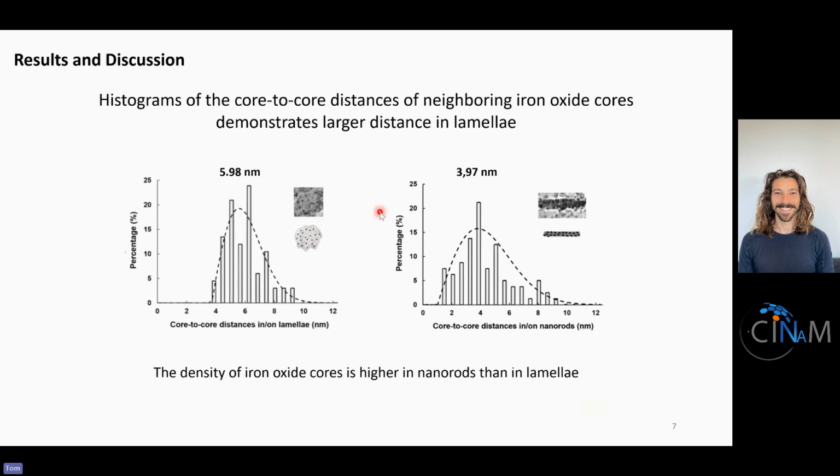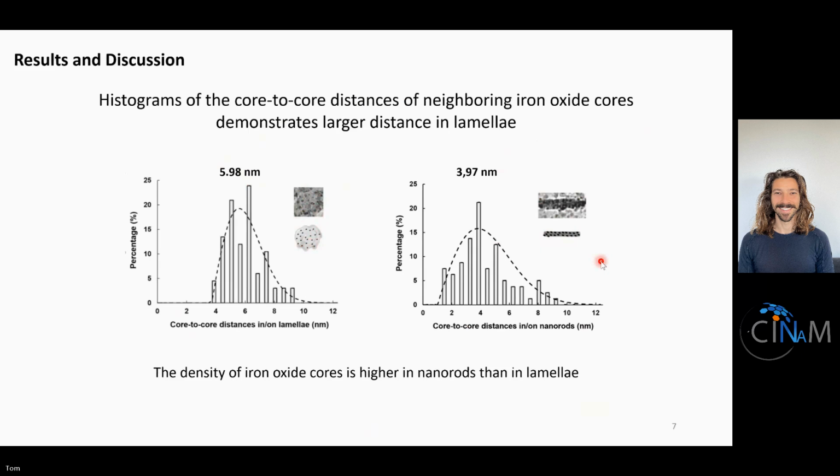So to understand the relation between the inner particle and the magnetic properties, we measure this distance, and we can see that in the lamella, so here, the distance between the two neighboring iron oxide core is around 6 nanometers, while in the nanorod, the distance is closer, and it's mostly around 4 nanometers. And so we show that the density of the iron oxide core is higher in the nanorod than